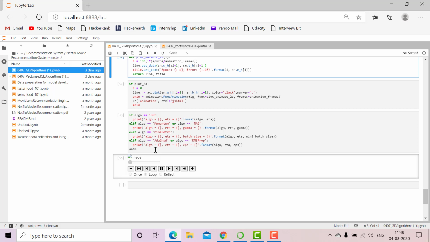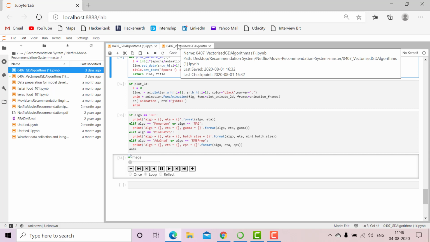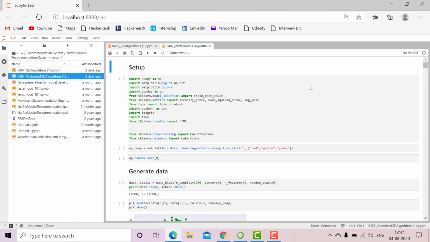And finally the n will return. Let's move to the vectorized GD algorithm. Similarly, for the vectorized GD algorithm, this is the setup, and as usual we are importing some files such as numpy,